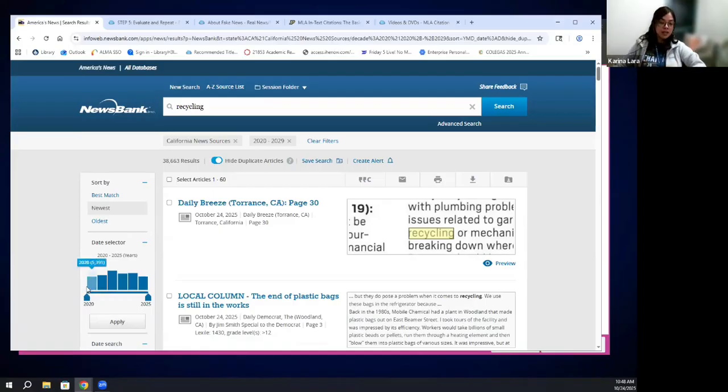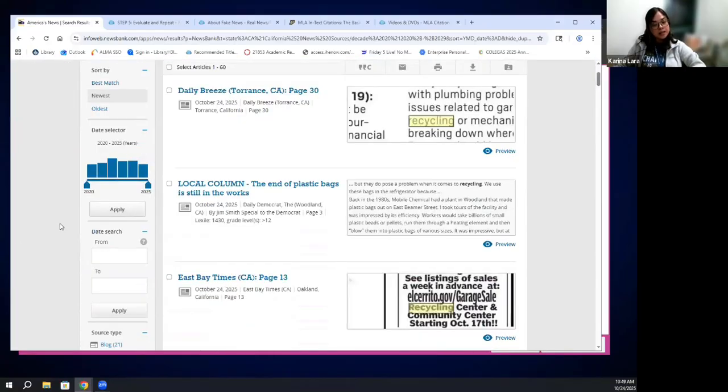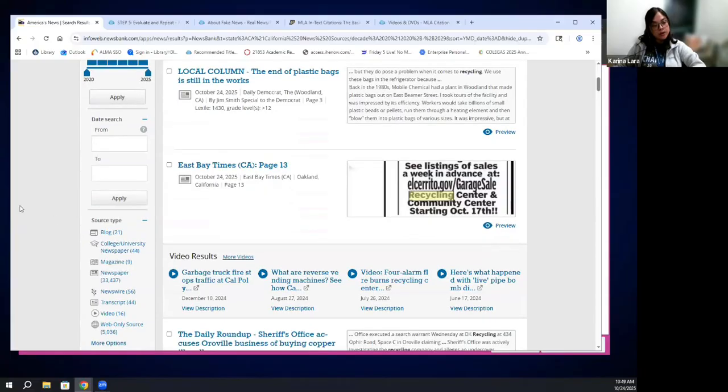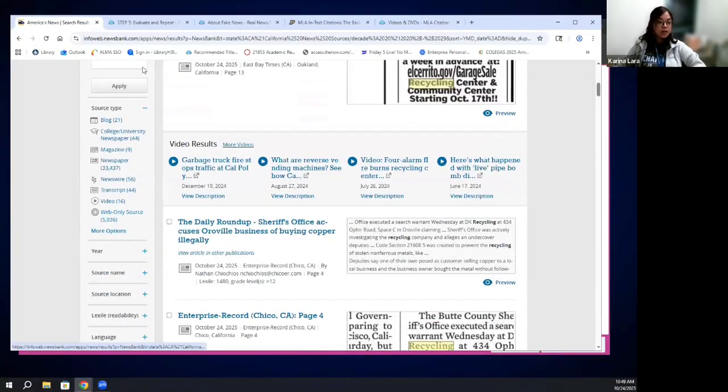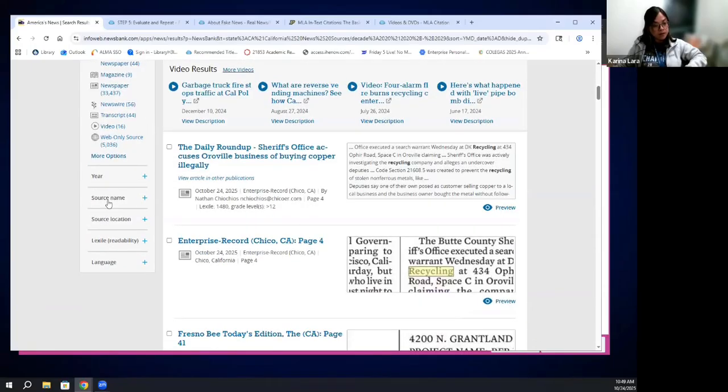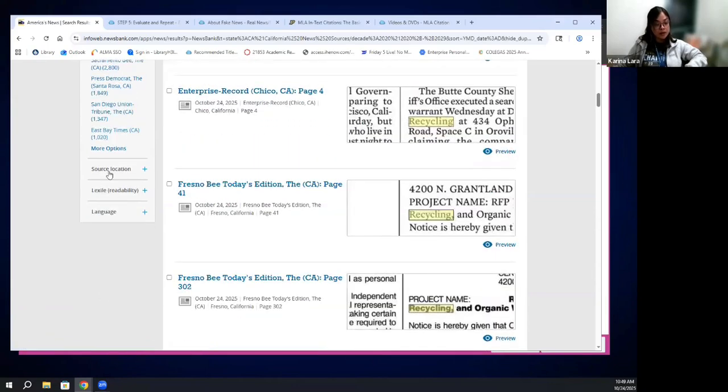And as you can see, you can even narrow it down even more. There's lots of stuff from this year. There's over 5,000 search results from this year. And you can also search by type. So maybe this is just the variety of sources available here. You can maybe click on newspaper or web only source. Or if there's a specific newspaper you're interested in, you can narrow it down by that as well, or by